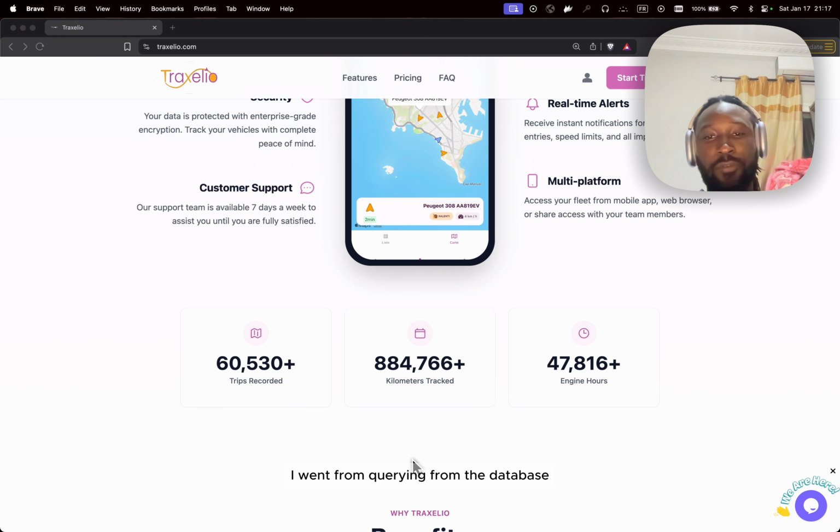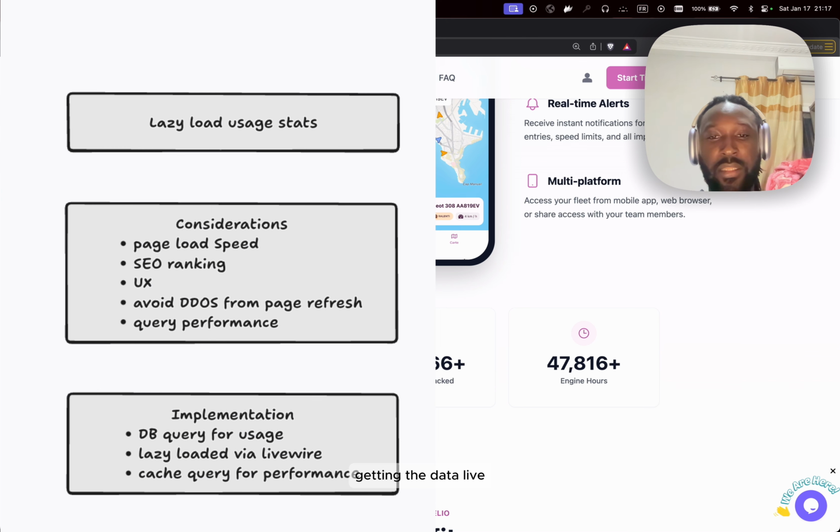So, pretty simple. I went from querying the database, getting the data live. The query was slow, so caching it, then not wanting this to affect the loading time for this page, moving it to a Livewire lazy component so that it doesn't block. And this is pretty good right now. However,